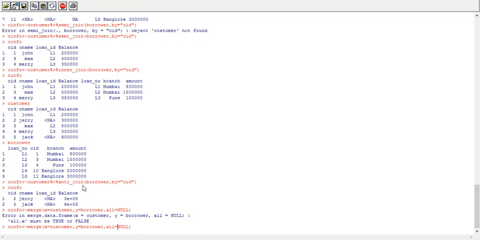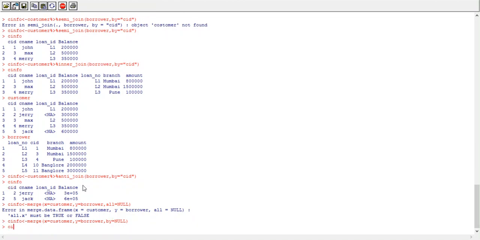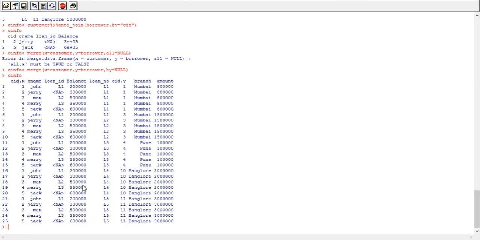Sorry, not all. By equals NULL. So let's verify it. Cinfo. See, this Cartesian product is used to give you the possible combinations of all rows from both the data frames.